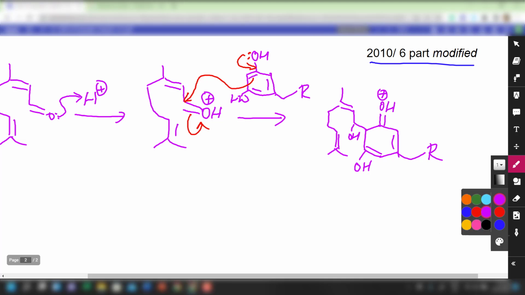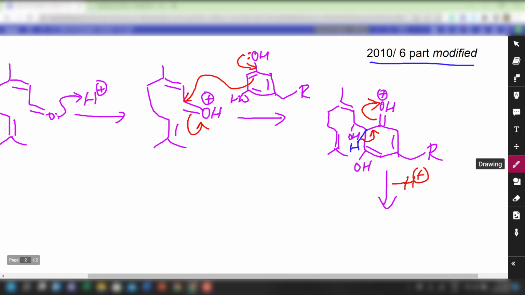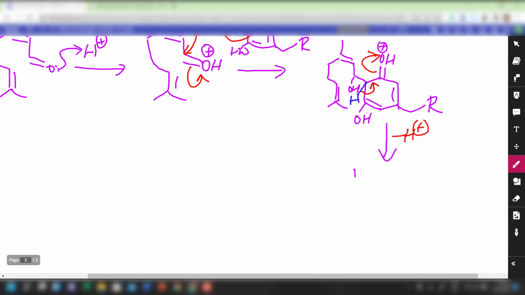Remember that there is an H over here. Usually for electrophilic substitution, the H will be lost. So we are just going to continue pushing the arrows so as to restore the aromaticity. So I'm going to restore the aromaticity like this. This allows the proton to be lost. After the proton is lost, I'm just going to redraw the structure out for you,